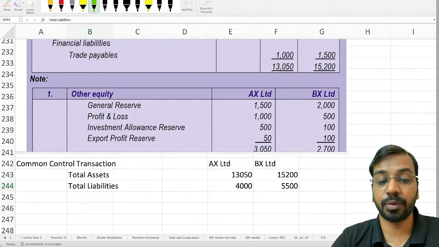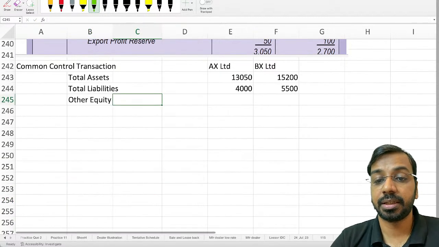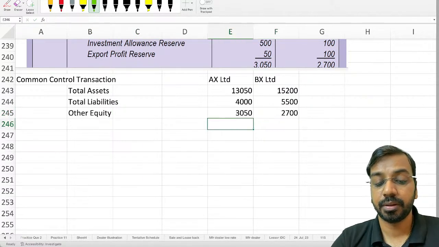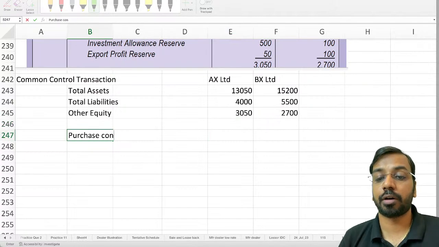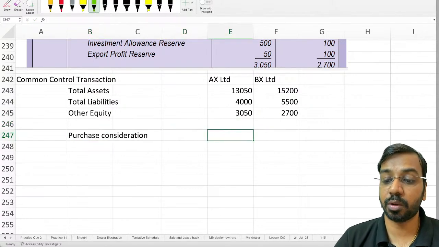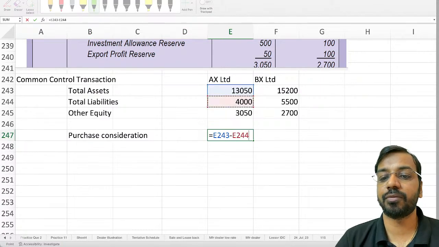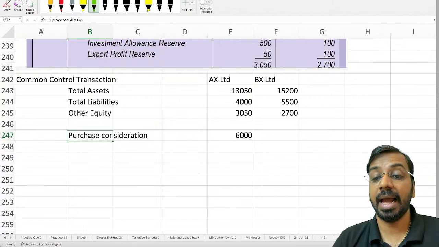So how much is the other equity? Other equity is 3,050 and 2,700. So purchase consideration for common control transaction will be 13,050 minus 4,000 minus 3,050, that comes to 6,000 for AX Limited and 7,000